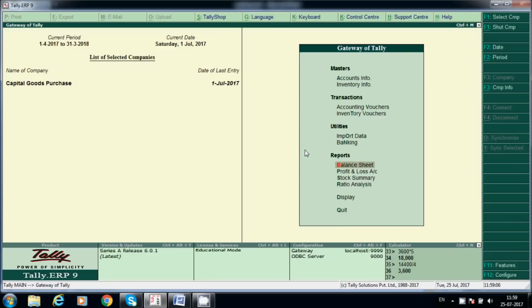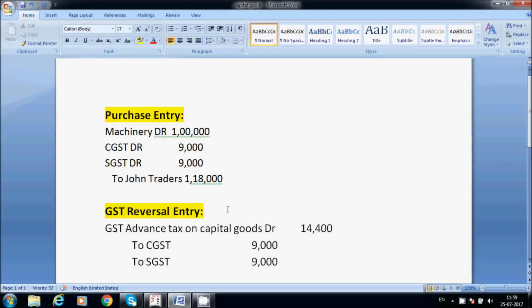There are many rules under GST. For capital goods, we have to take only the one year portion of input GST. We can claim input GST for the particular financial year only. We cannot claim the whole GST input. I hope this information will help you.